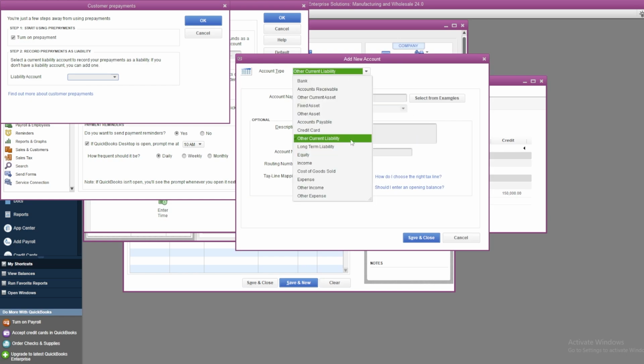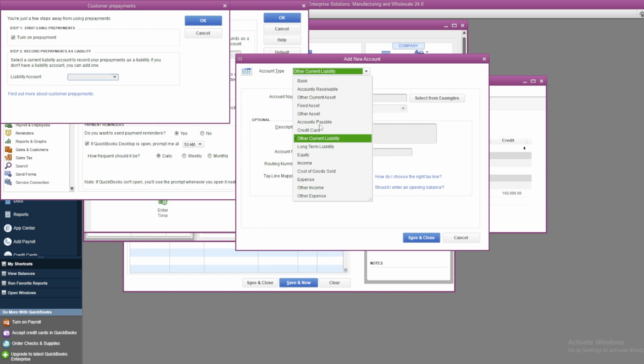You ideally would like to use Other Current Liability. Other Current Liability is used for basically any liability that will be fulfilled in the next year. Typically with a prepayment, you're going to get that service out to that customer the next year. But what it will do is create a liability on your balance sheet whenever you get a customer prepayment that will balance to the amount of cash received